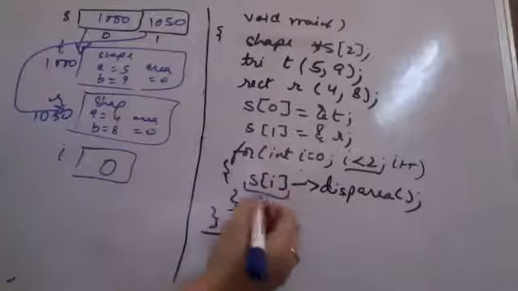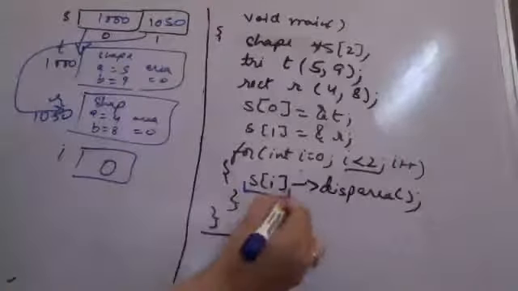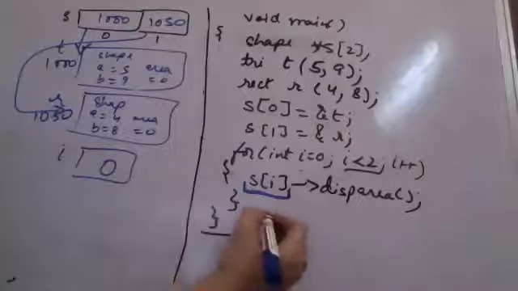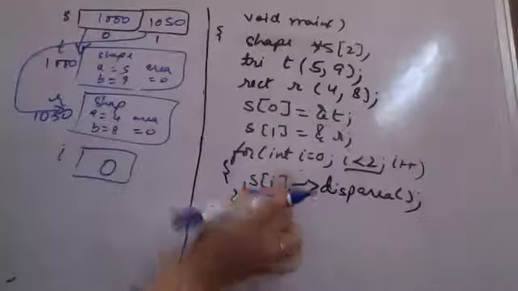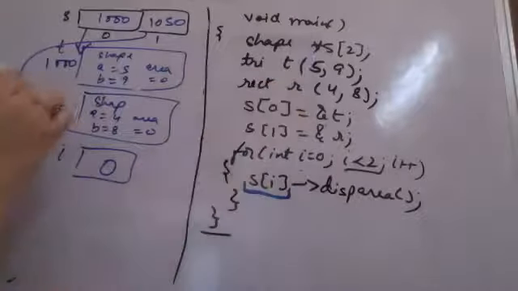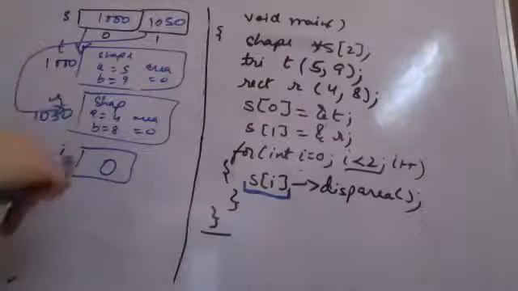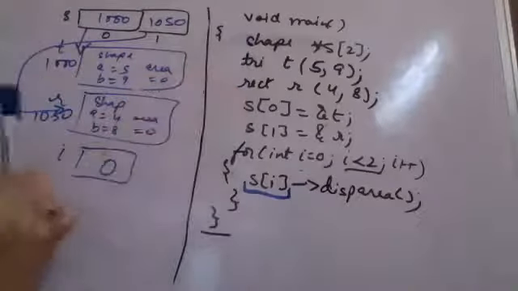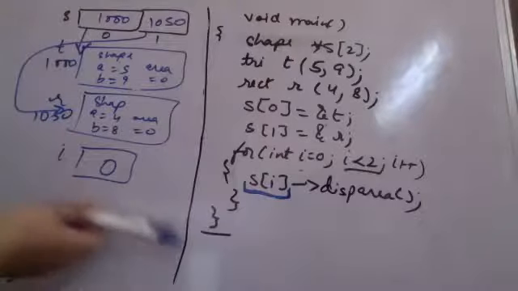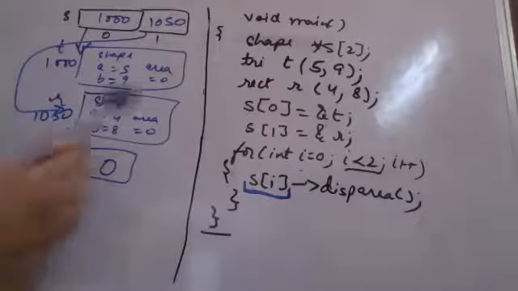So S of I is actually giving you the address. You're not using anything else. This entire thing is a pointer. This is an array of pointers pointing to objects of various different classes here. But these are all derived from shape. And they must be having a common function which is virtual in the base class which you are going to